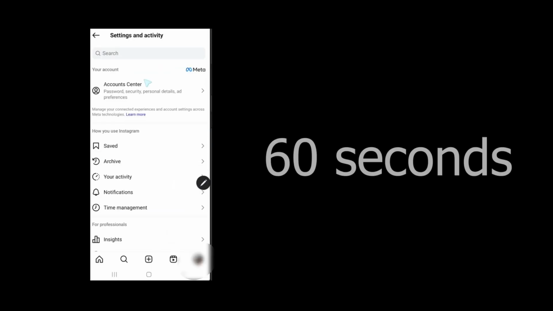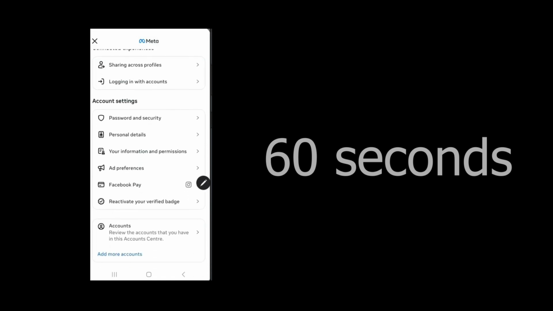Basically, you have to click on these three lines. When you click on these three lines, this menu is going to come up. In this menu, you're going to click on Account Center. When you click on Account Center, this menu is going to come up and you're going to click on Personal